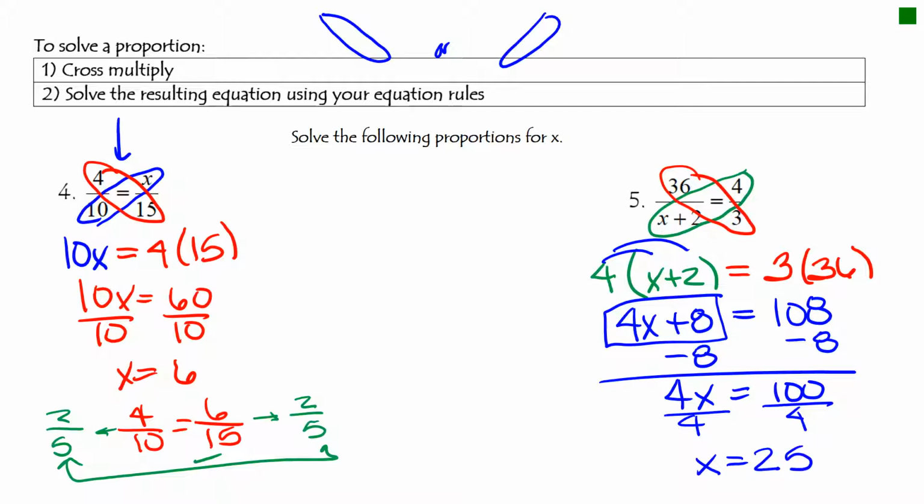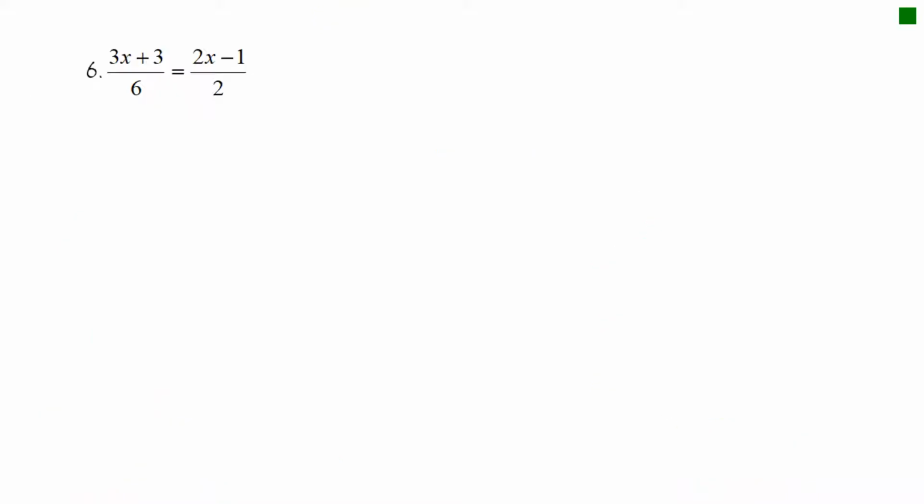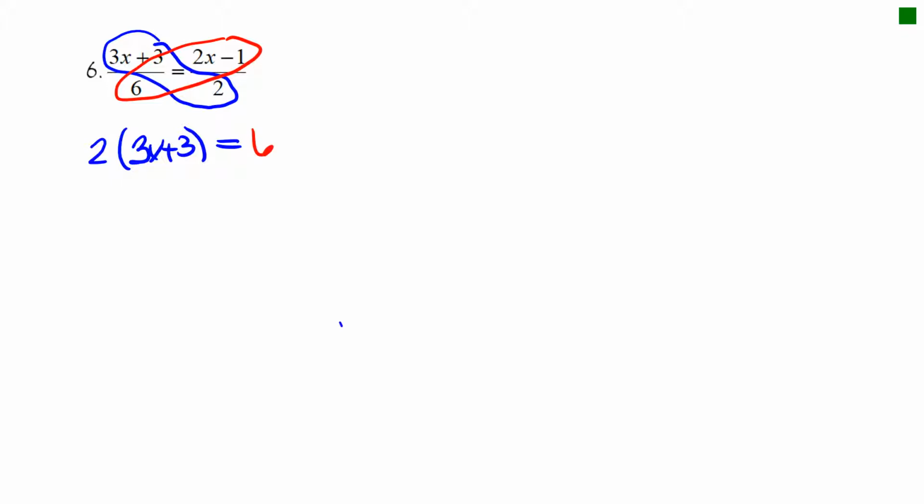Remember, if I'm going too fast, pause the video. Okay, so on this one, it doesn't matter which one I do first because I've got x's either way. I'm just going to go this way. I like going this way first. So I have 2 times (3x plus 3), and that's going to equal 6 times (2x minus 1). So when I distribute here, I get 6x plus 6 equals